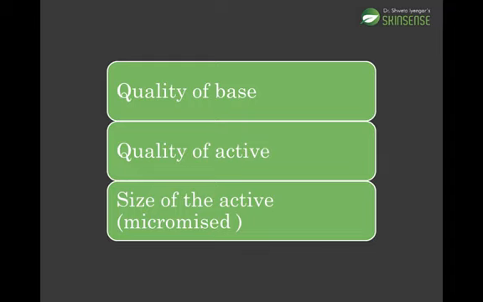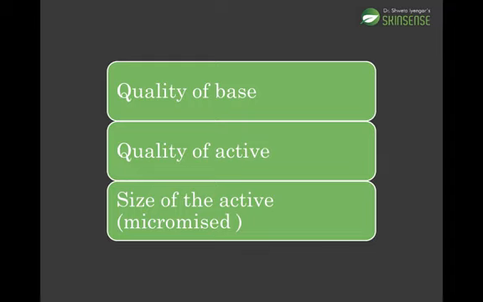Again, it's the quality of the active. So not all ketoconazole molecules are the same. Molecules are sourced from different places, they are processed in different ways, they are stored in different ways, their size is different. So a lot of factors will depend on how effective the molecule is. Similar to how we talk about the ingredients in the kitchen, not all dhania powder is the same, for lack of a better example. I think you get it very clearly that every brand may differ from each other. It depends on the source, it depends on the way it is stored, processed, ground, and so much more.